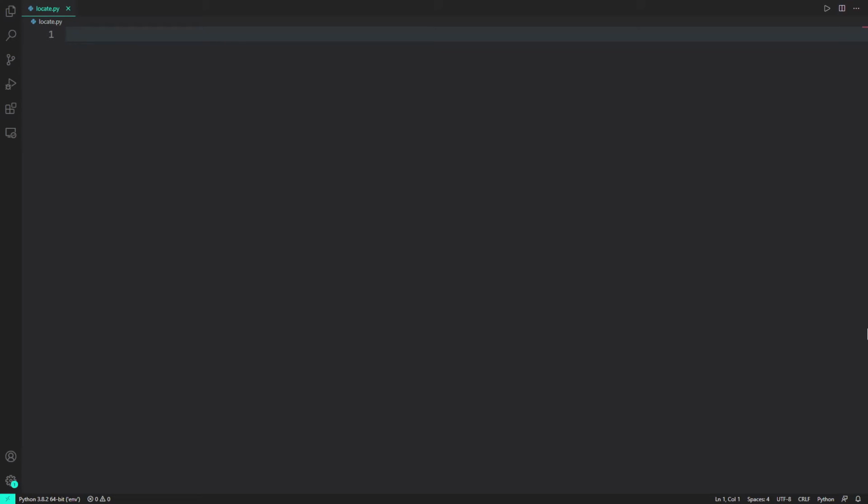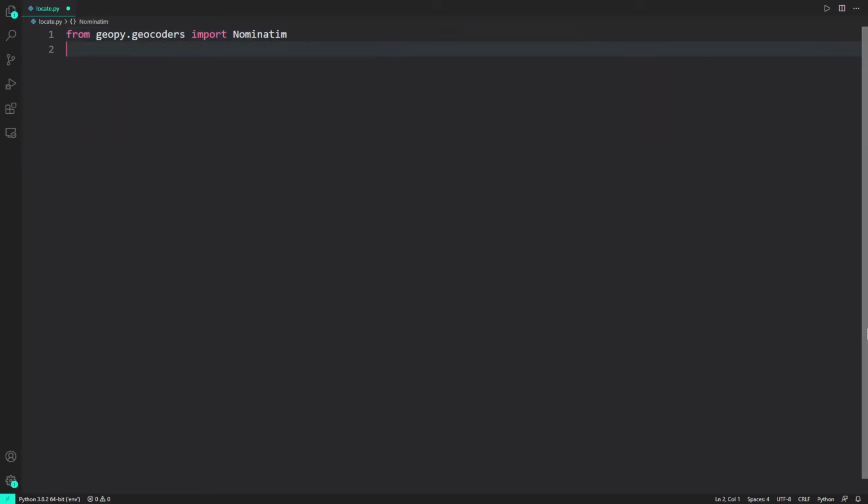Now before getting started we need to actually import this GeoPy package, and for doing so I'll write from geocoders import Nominatim, and on the second line I'll say from geopy import distance. So firstly we'll create an instance of the Nominatim package. Now what Nominatim actually is, it is a collection of functions which has information related to the location of a particular city or the latitudes and longitudes of different cities or places.